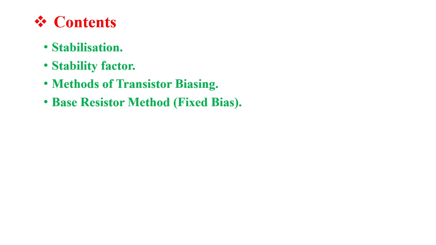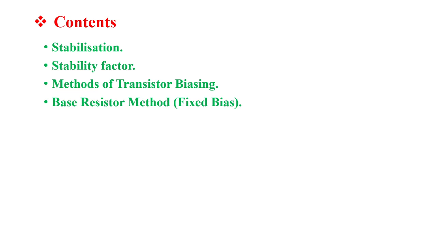In order to achieve this, the input circuit, that is the base emitter junction, remains forward biased and the output circuit, that is the collector base junction, always remains reverse biased during all parts of the signal. The important factor that determines the amplification characteristic of an amplifier is the portion of the characteristic curve over which the transistor operates.